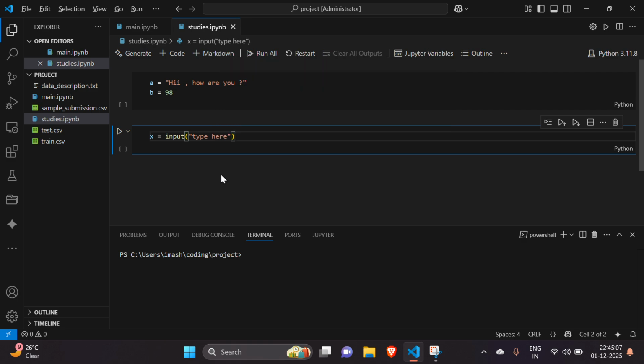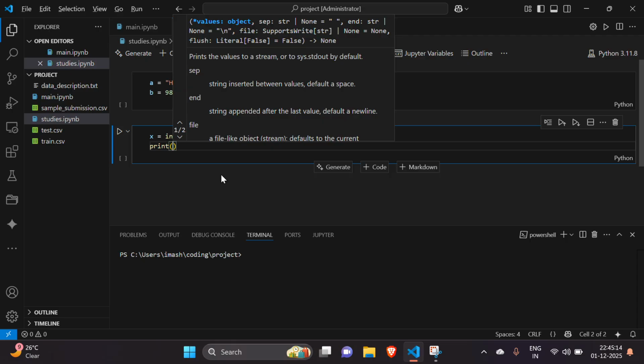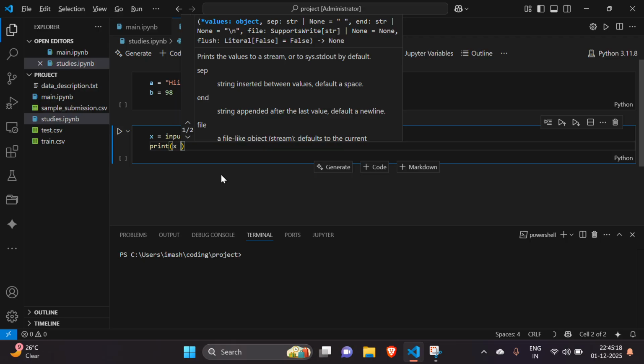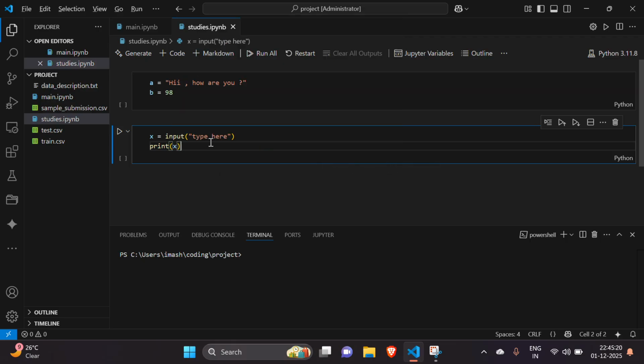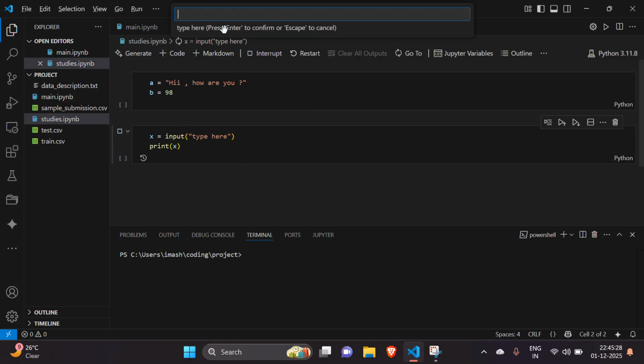And the output function is print, to show the output to the user screen so you can see your output. So input is basically